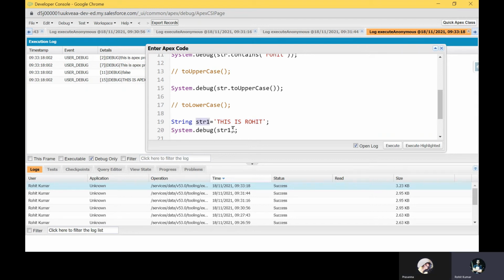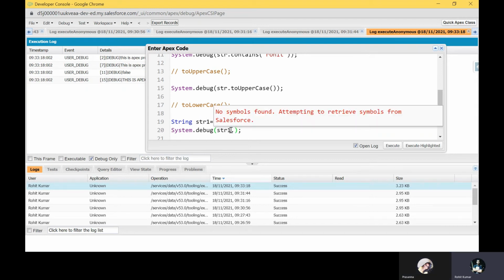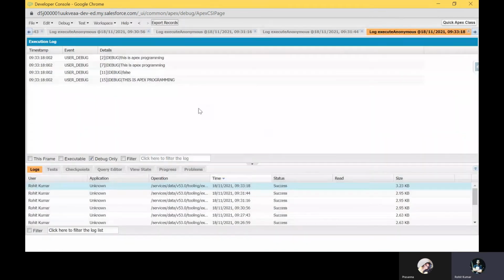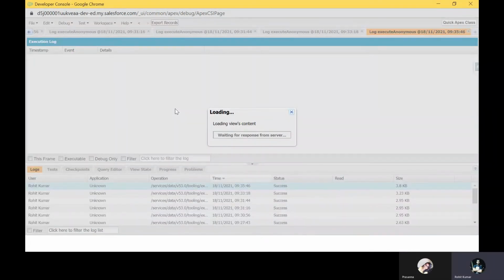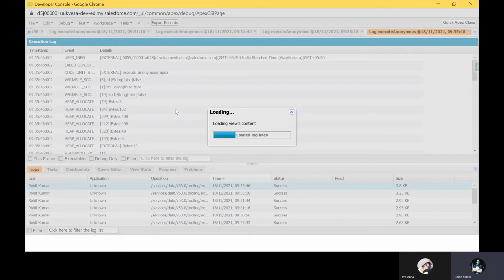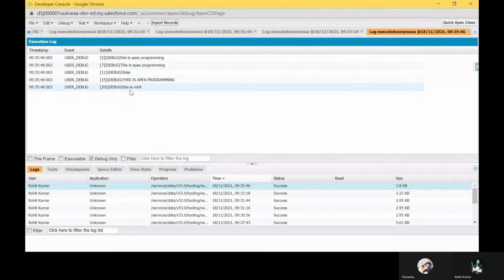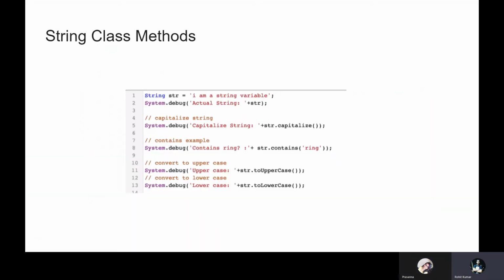Just use str1.toLowerCase, and execute. After that you can see the output in small letters, this is rohit. This is for toLowerCase.